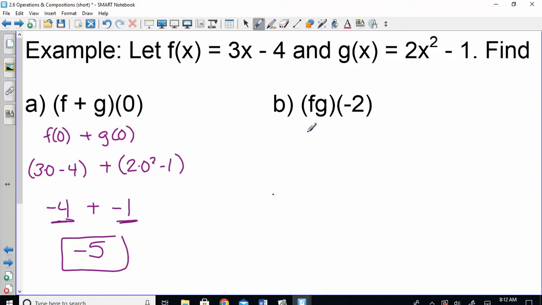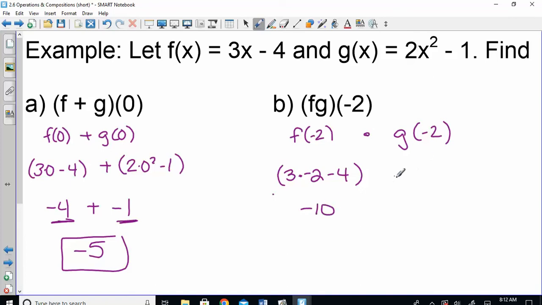So on B, what am I going to do? You're gonna plug in negative 2 and multiply. You have to put a negative 2 into each of those functions and multiply your answers together. So 3 times negative 2 is negative 6, minus 4 is negative 10. All right, careful on this one when you plug in negative 2,